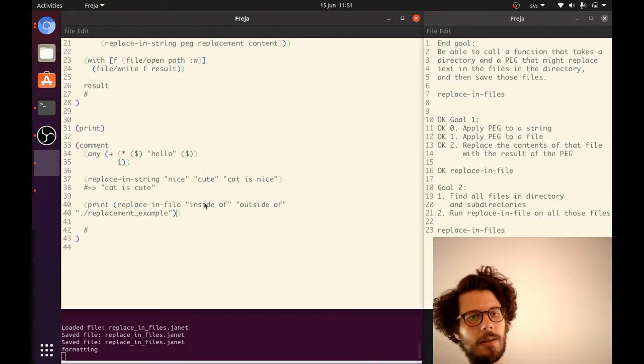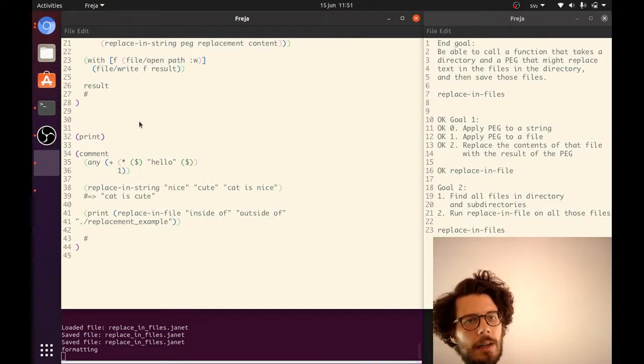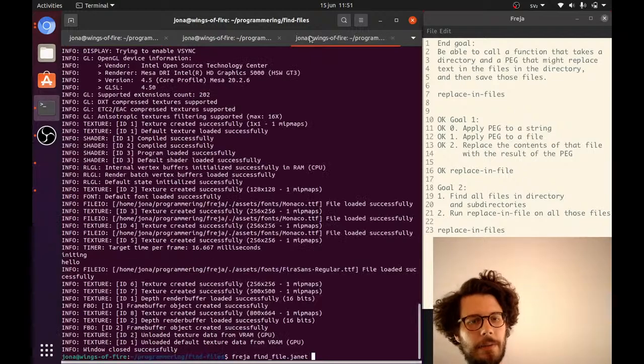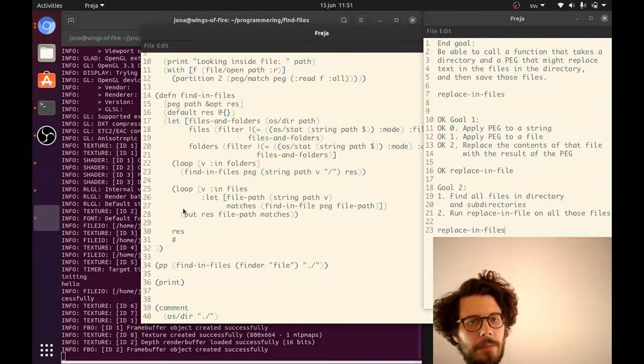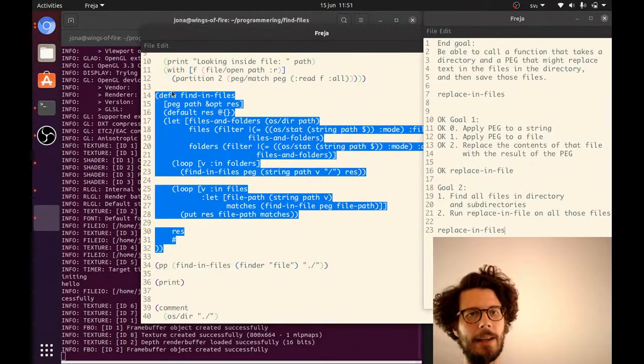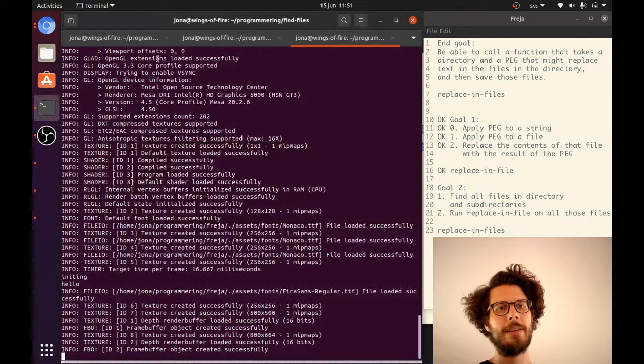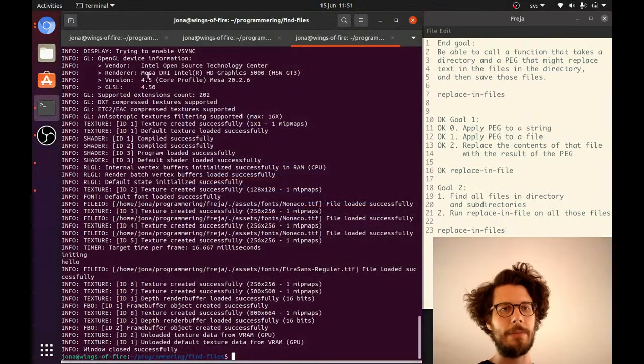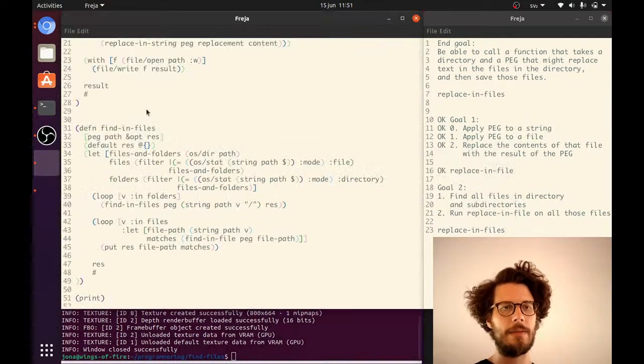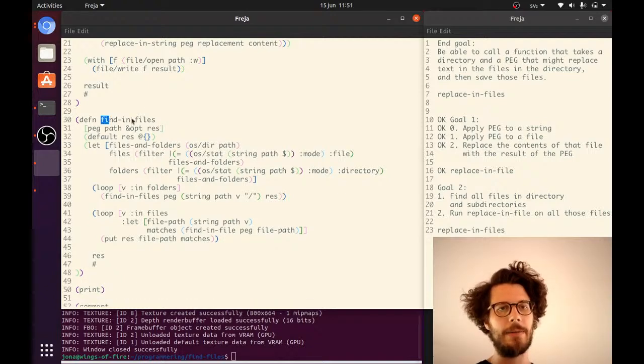Like this, whoops. Oh, now I remove the copy, the clipboard. I lost the clipboard. I need an Emacs clipboard so I don't have to lose stuff. Anyway, finding files. So now we can say like